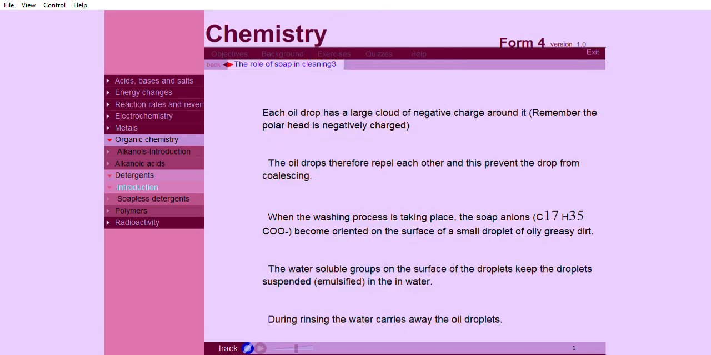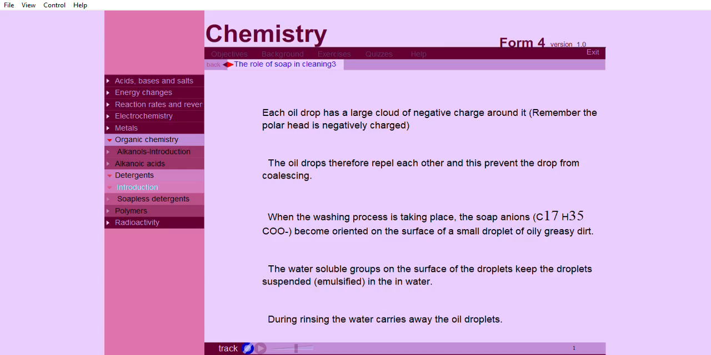Each oil drop has a large cloud of negative charge around it. Remember, the polar head is negatively charged. The oil drops, therefore, repel each other, and this prevents the drops from coalescing. When the washing process is taking place, the soap anions